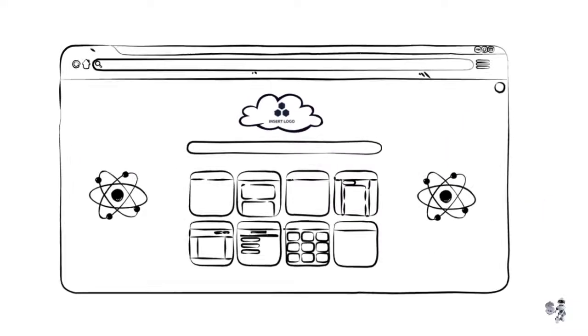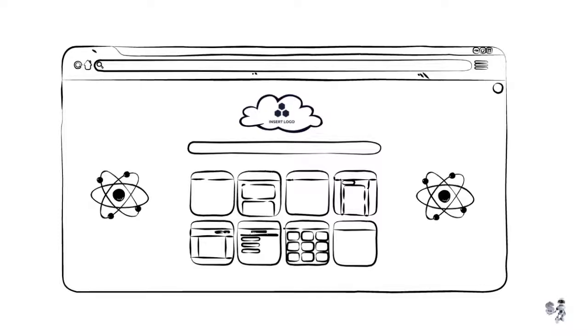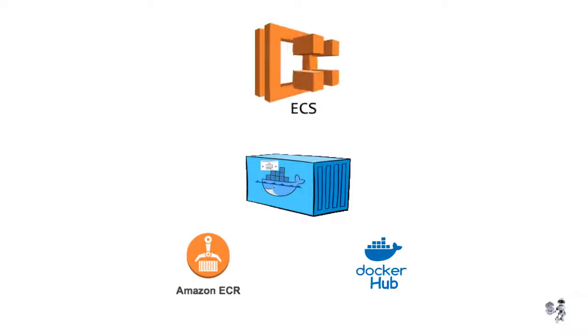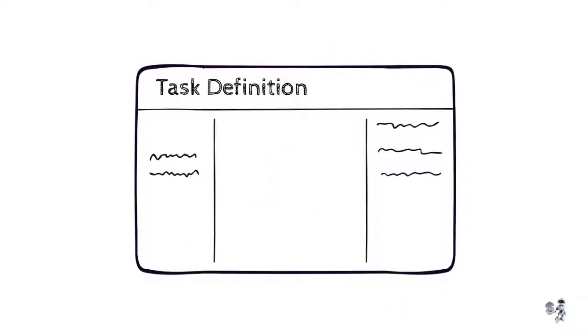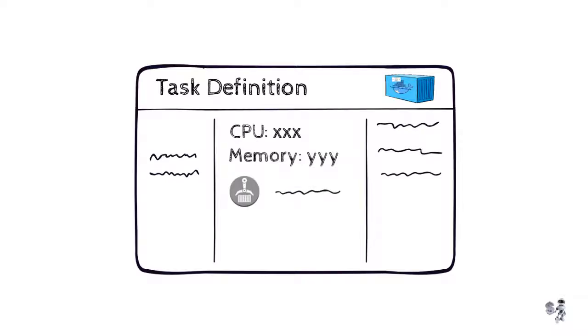So let's say we have a web app. We have containerized it into a Docker container and published it to a container registry like ECR or Docker Hub. And now we want to deploy it using ECS. First, we have to define a task definition that contains the metadata about the container. Things like how much CPU and memory the container needs, and the registry location where the actual container can be